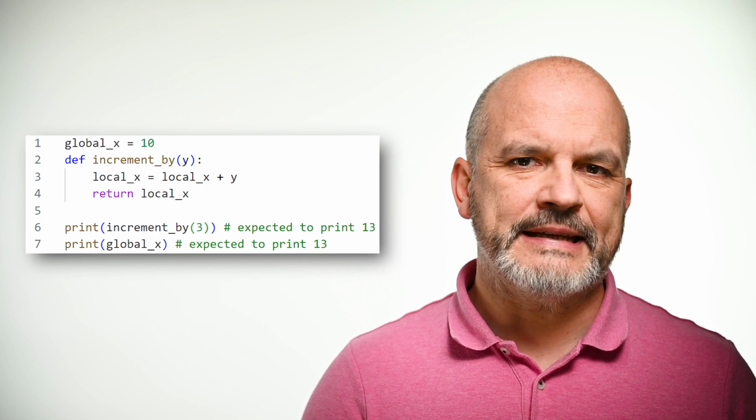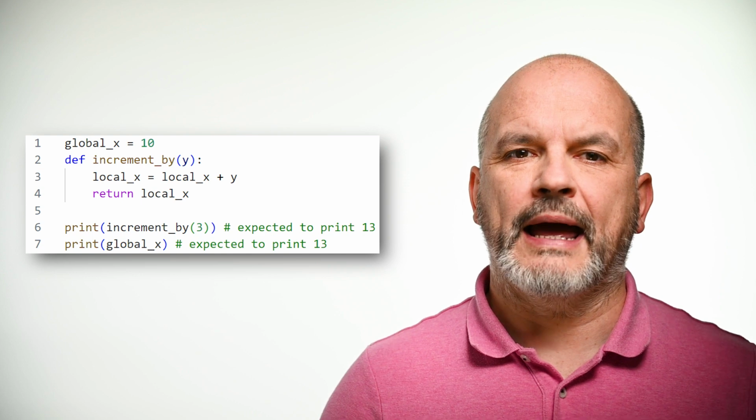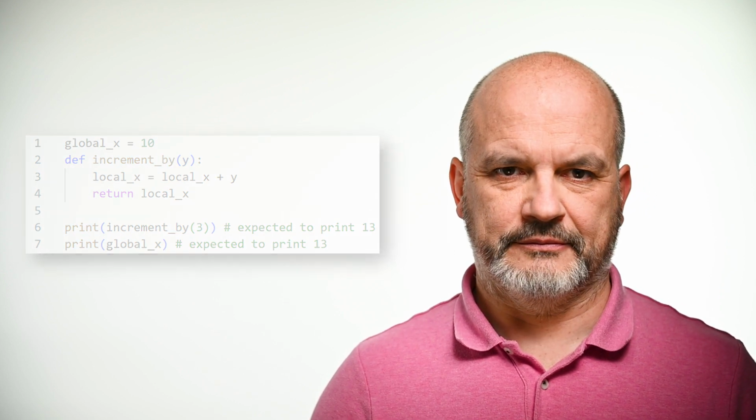Now we can see clearly that on line 3, I am referencing the local variable x before it has been assigned a value. I can hear you say, but wait a minute here. In the first program, the interpreter did not complain when I referenced x within the function. So what is this black magic here? This will become clearer later in the video.